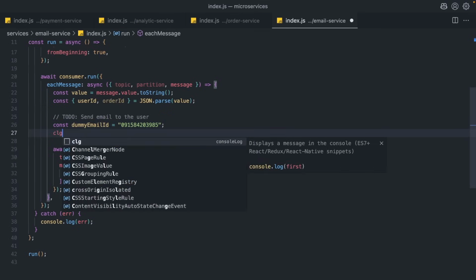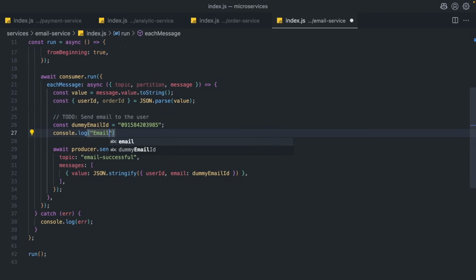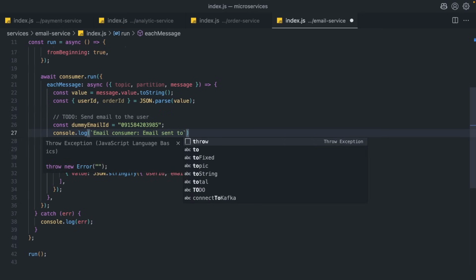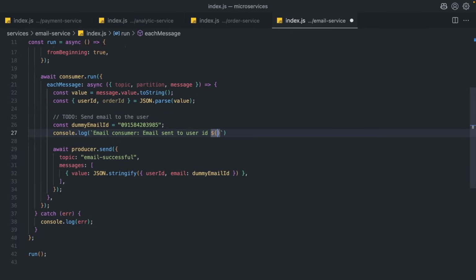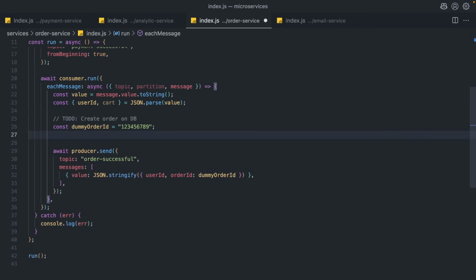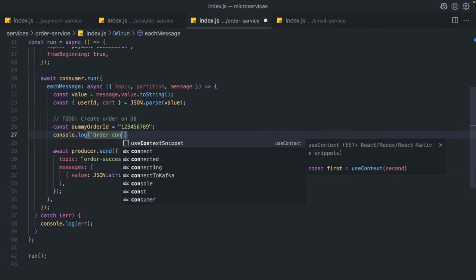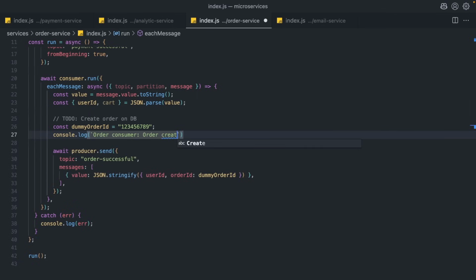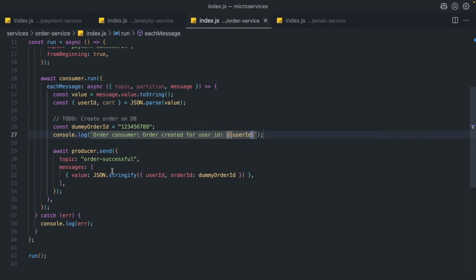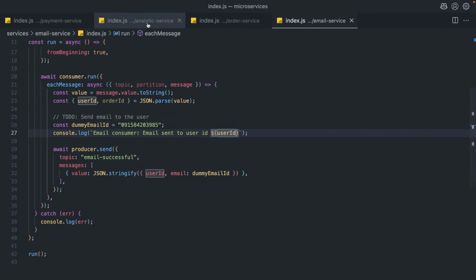Of course, we can write here a console log to see better. I'll say email consumer. Let's use here actually a backtick so we can use JavaScript. And I will say email sent to the user, or say user ID and the user ID that we received. Let's write console log here also. After consuming and creating an order on the database, I'll say console log order consumer, order created for user ID, and again the user ID. Okay, so right now we can consume this message and this email message in the analytics service, because remember again,